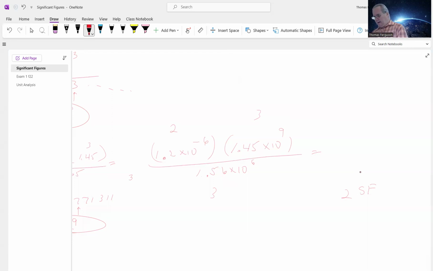Okay, so it said 1.2 EE minus 6 times 145 EE 9. Hit the divide key. 156 EE 6. So the calculator gives me